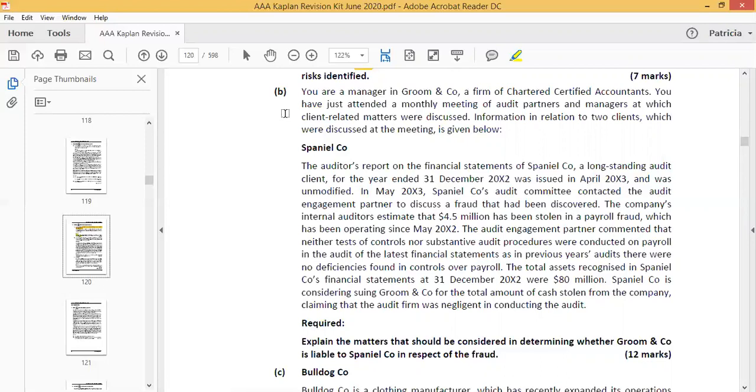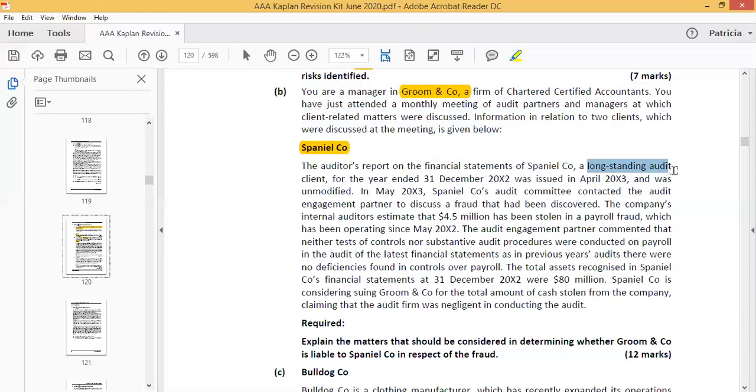You are a manager in Groom and Company, a firm of chartered certified accountants. You have just attended a monthly meeting of audit partners and managers at which client-related matters were discussed. Information in relation to 2 clients which were discussed at the meeting is given below. So this is Spaniel Company. Remember that you are a manager in the auditing firm, which is Groom Co, and the client here is Spaniel Company. So the auditor's report on the financial statements of Spaniel Company, a long-standing audit client,